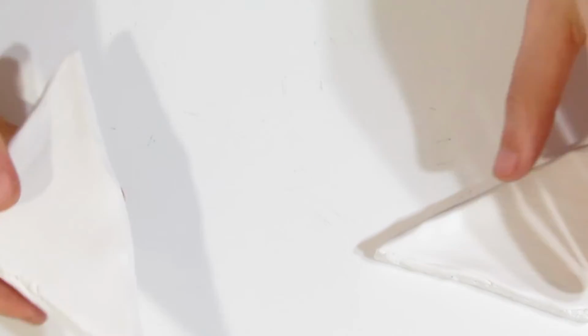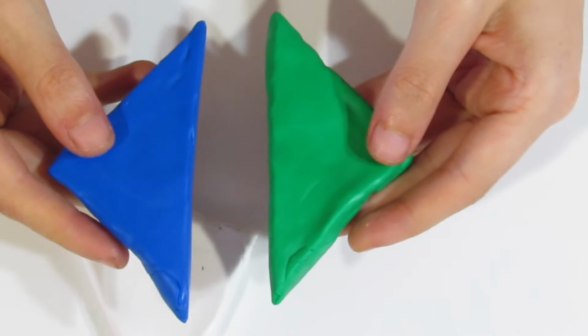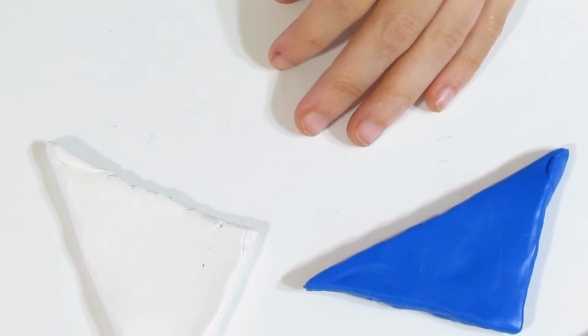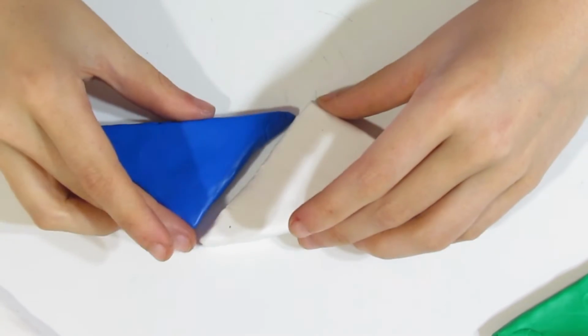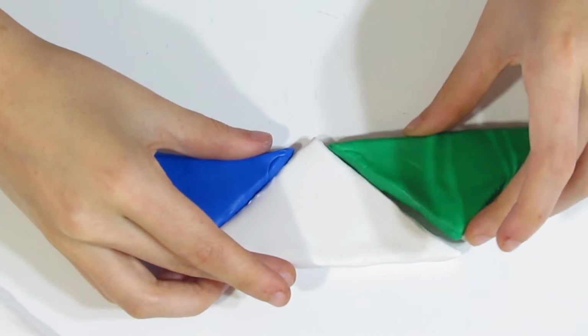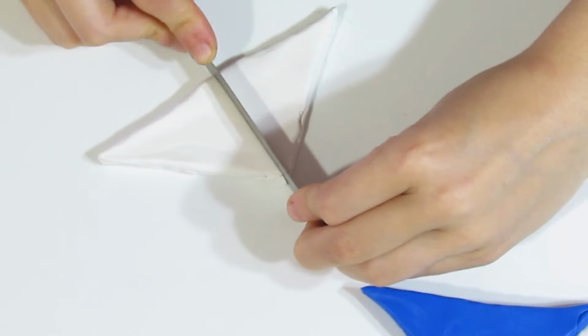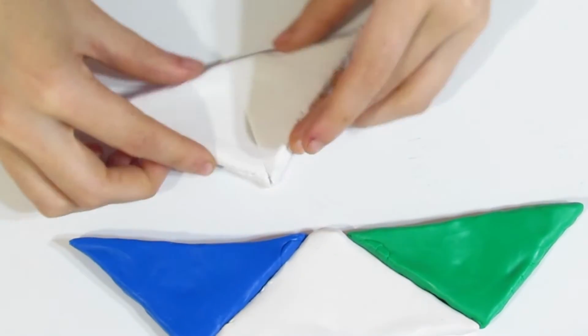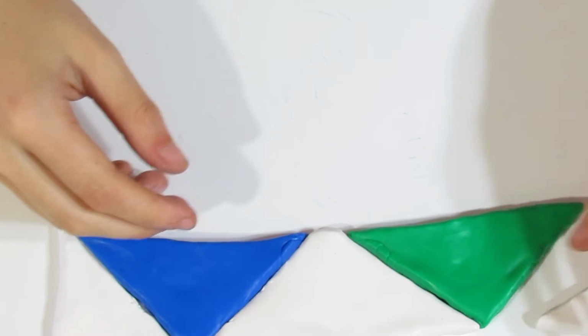Okay, so for what we're going to be doing next, you're going to need 2 triangles of white, 1 triangle of blue, and 1 triangle of green. At least to start with, that is. Okay, and we're just going to put them together. 1 white one in the middle, like so. The green one on that end, and we want a bit of white in the middle, obviously. Then we're going to cut this one in half, and you're just going to place them